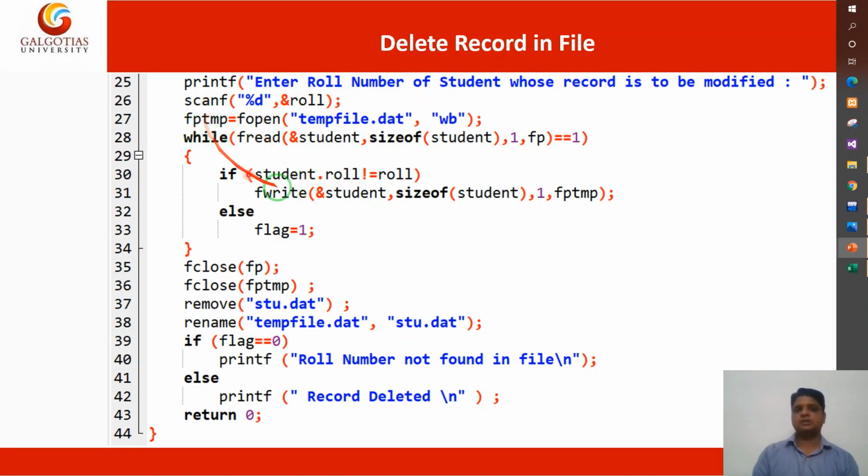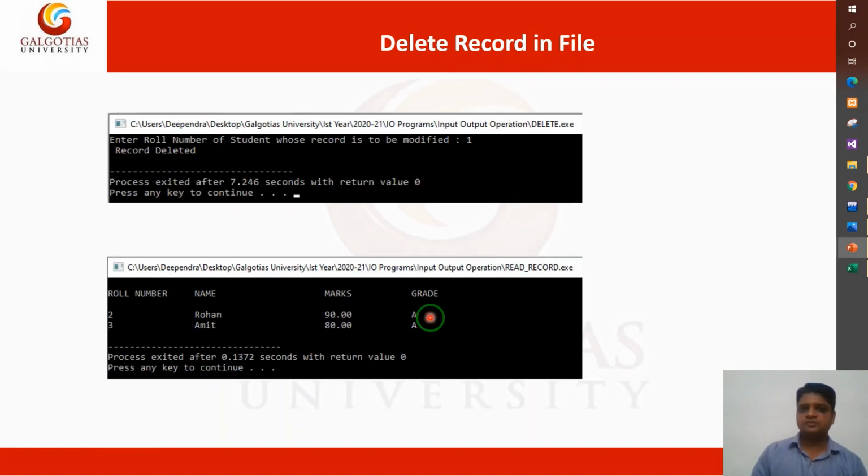Now after that fclose. Now remove the original file, which will be deleted, and this temporary file will be renamed as the original file. So after the completion of this program, you will get that your record has been deleted. Okay, this is the operation to delete a record from a file.